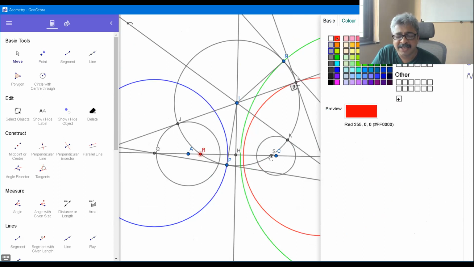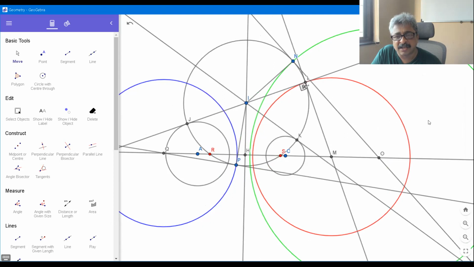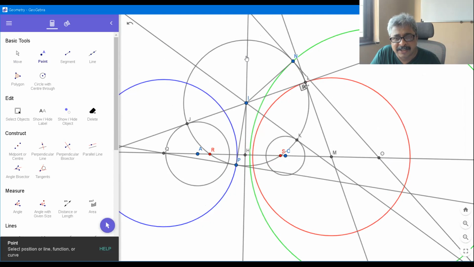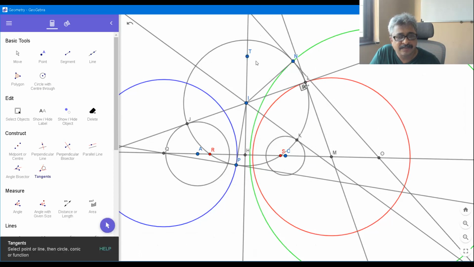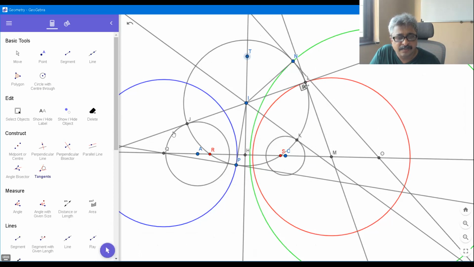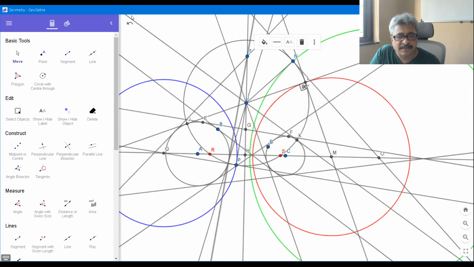Now, on the same sketch, Samartha, you draw another orthogonal circle. Select another point. Select one more point on the radical axis above I. Yes. And construct yet another orthogonal circle. No, how will you draw the circle now? You will have to draw a tangent from T first. Very good. Get the point of intersection. Get the point of contact.